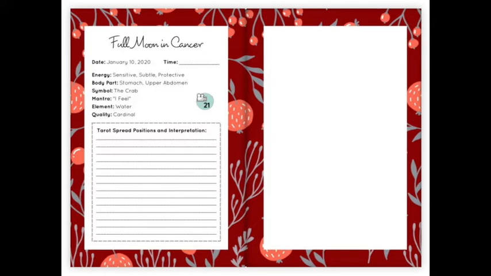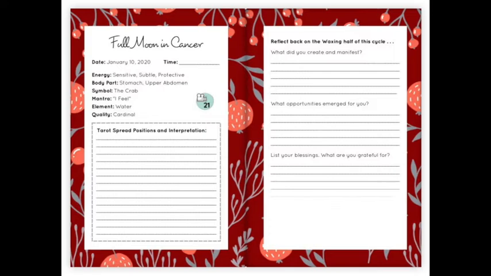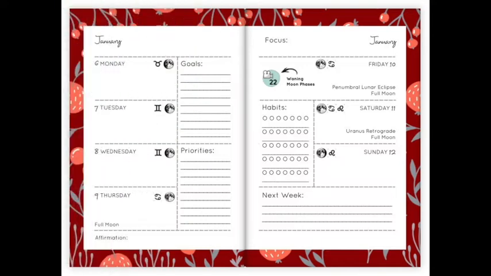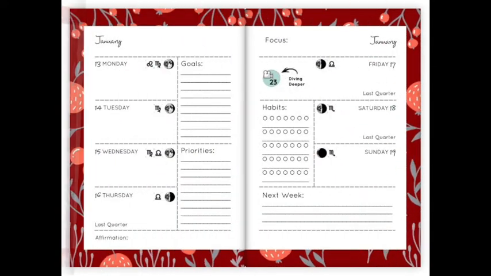And for the full moon, you want to celebrate what you have manifested and prepare yourself to go into the waning phases, which is when you will be releasing. So there's space on the reverse page to explore what happened during the waxing half of the lunar cycle and to prepare yourself for the waning half. Again, you'll find some more weekly pages following the full moon, and depending on the timing of the phases, these pages will probably be spaced differently each cycle throughout the year, but for this specific cycle, this is how it looks. And the moon will continue to get smaller during the waning half,